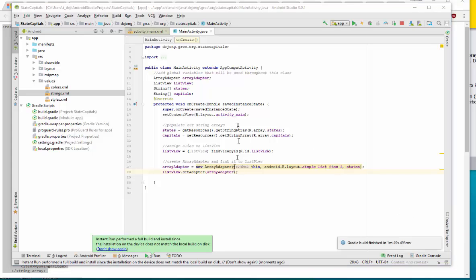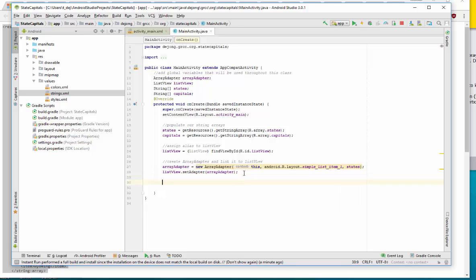And after a really long time, it should go ahead and build itself. Should be able to look at all these states that are listed in here, scroll up and down with your finger, things like that. Okay, that's all working. Good. Next thing you want to know is we want to create a listener now for that list. And when we click on one of those states with our finger, it's going to show us what the capital is. Let's go ahead and